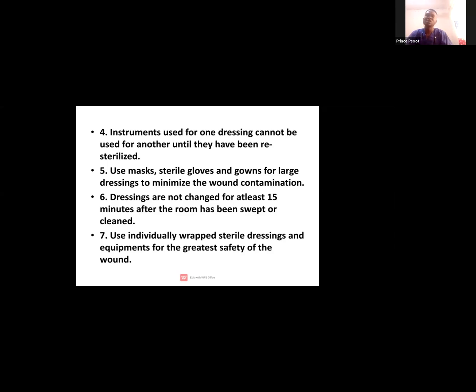Now, it is safer to sterilize instruments than to carbolize them. I told you what carbolization means already. So some instruments can be boiled. Only instruments that you don't want to boil, because of the risk of getting blunt, are maybe scissors or those sharps. And you use scissors less during wound dressing, maybe just to cut sterile gauze. So for those, if you don't have an autoclave, you may not be able to afford one, but at least